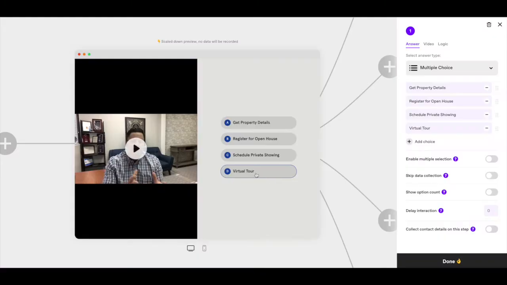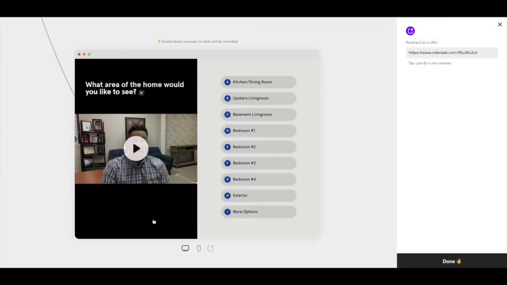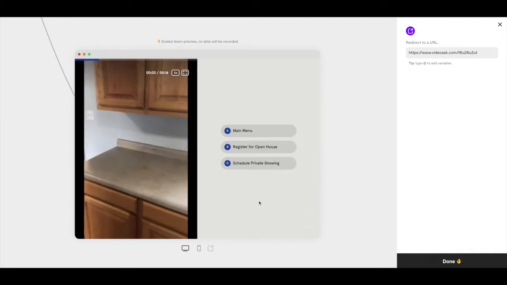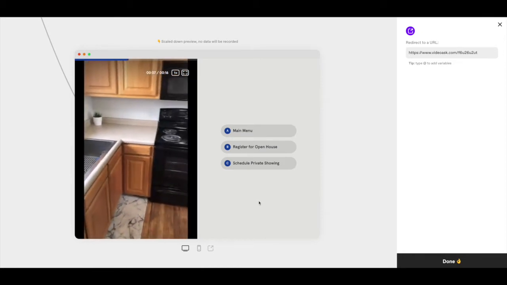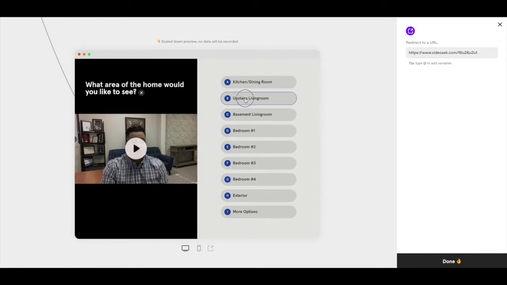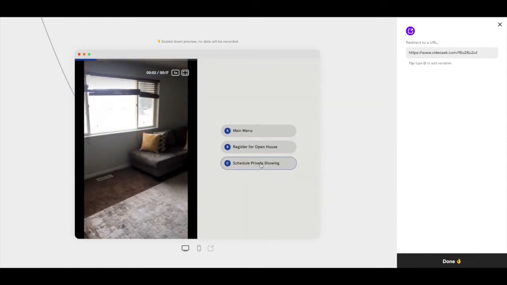The fourth option is my favorite one, which is my virtual open house. It's basically a virtual property tour. That is a very simple funnel where the prospective buyer is now going to be able to select different parts of the house, and I'm going to have a small video based on whatever their selection is, but within each, as soon as they've seen that part of the property, I'll give them the option to go back to the main menu and select another area of the home, or schedule their free showing or register for the open house,